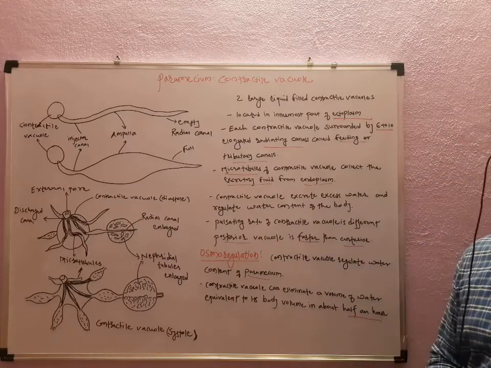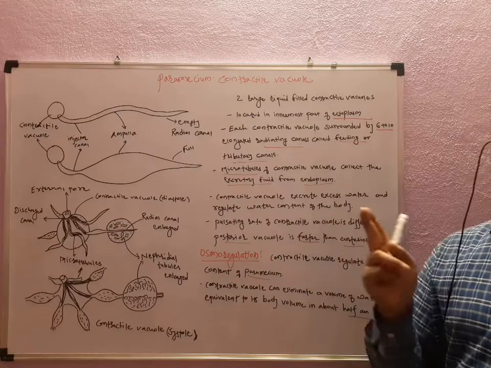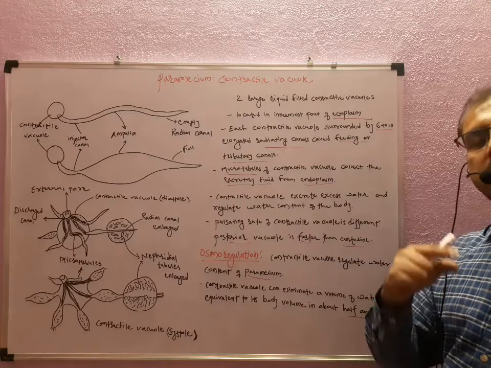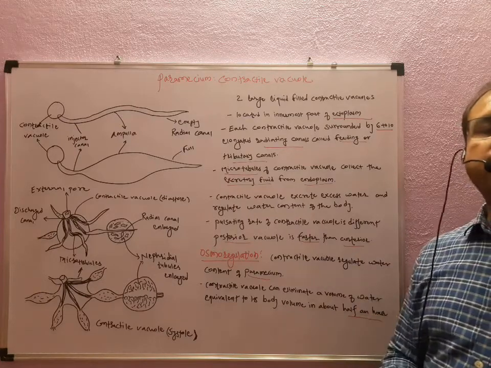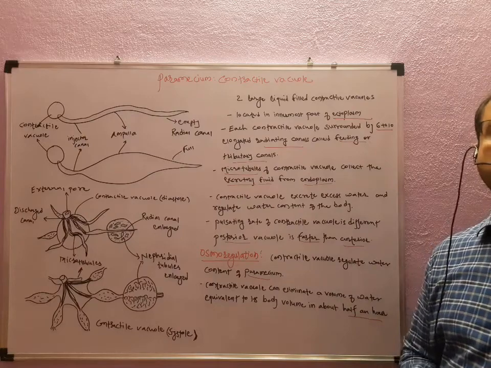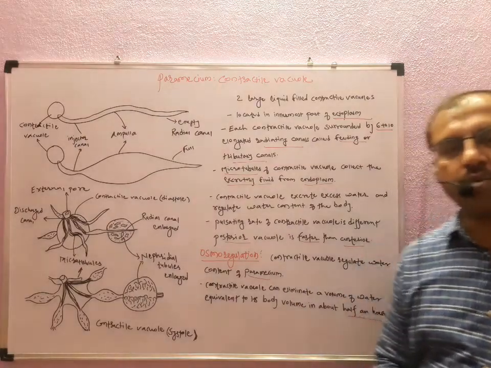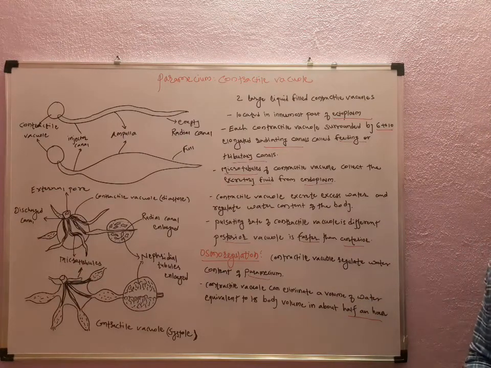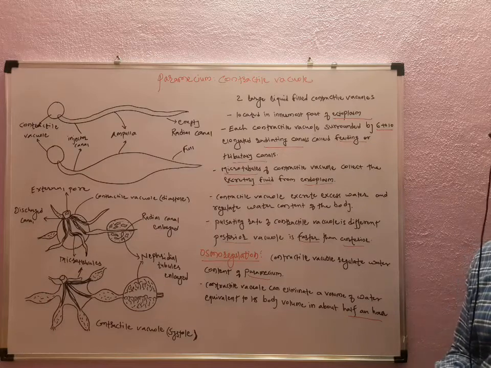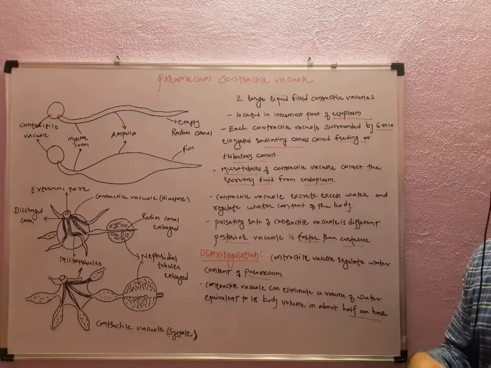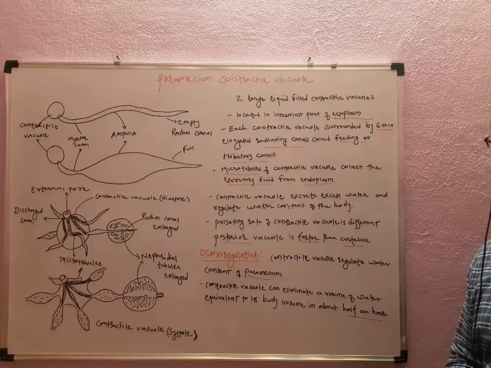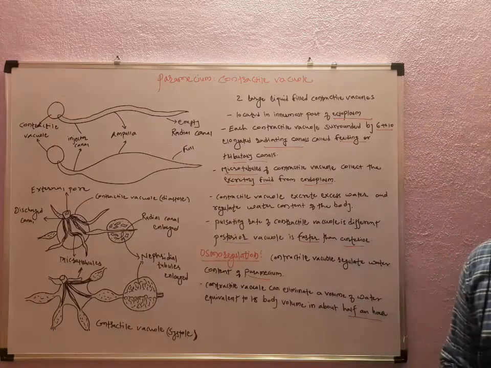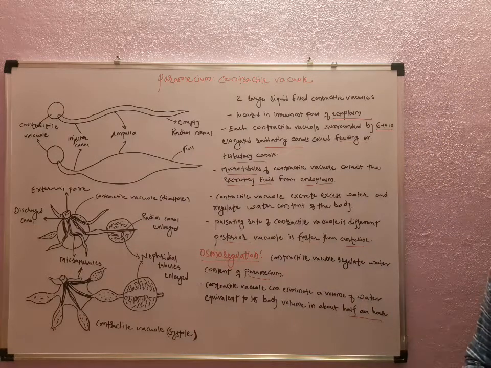So the contractile vacuoles are two in number. One is present on the anterior side and another on the posterior side. These contractile vacuoles are present in the ectoplasm, collecting the nitrogenous waste from the endoplasm through the radiating canals, through these nephridial tubules or microtubules. There are 6 to 10 radiating canals present around each contractile vacuole, and the pulsating rates are different. The posterior contractile vacuole is faster than the anterior one, and they show systole as well as diastole condition for eliminating the excess amount of water.